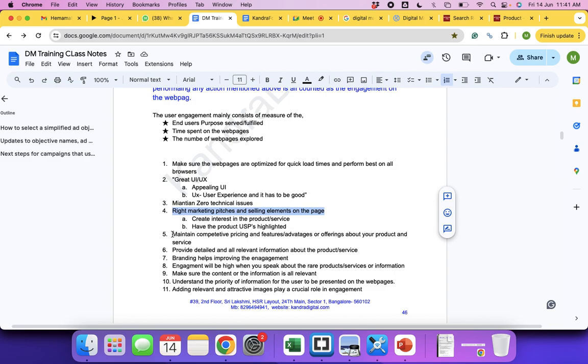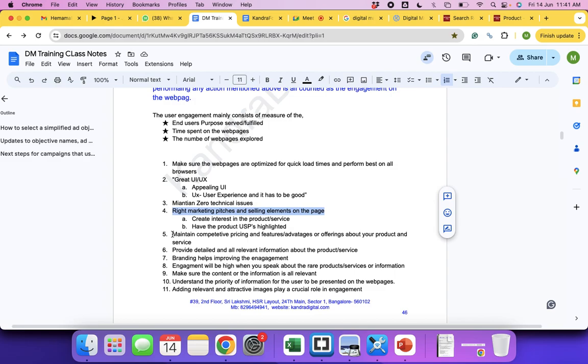The size that you are looking for, correct? See, these kinds of things also play a crucial role in the engagement. And obviously the load times, the load times not mentioned, the web pages quick load times or performance play a crucial role in